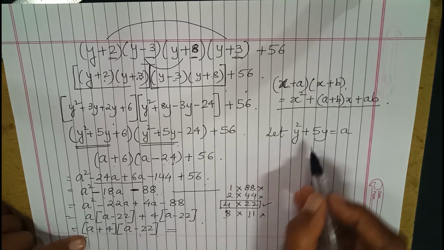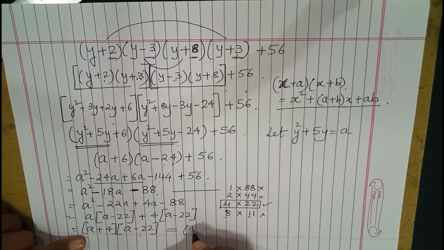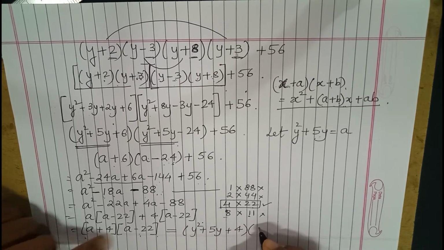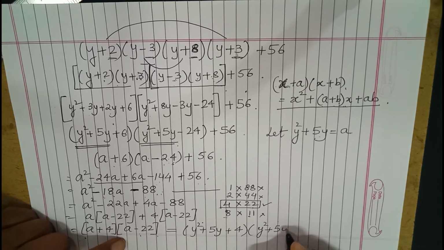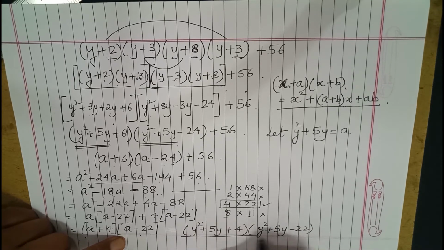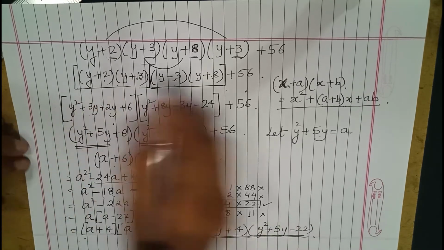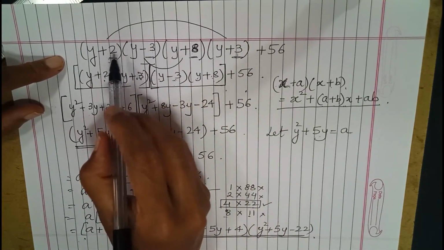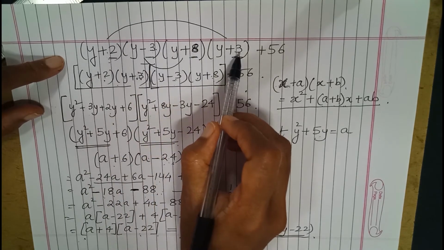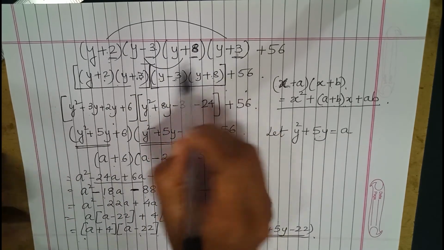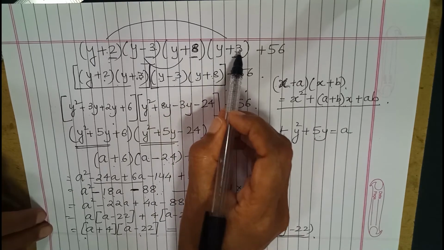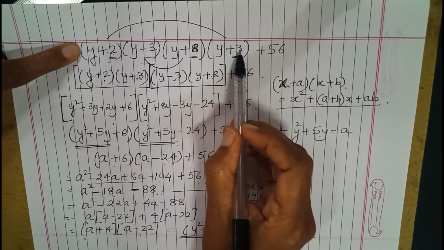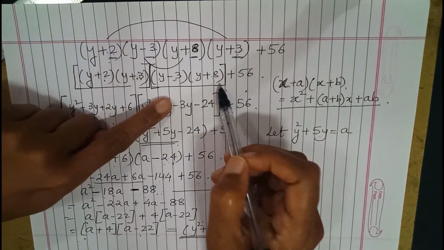So now what we just have to do is, instead of a, again we substitute y square plus 5y and we get our two brackets as the factors that we want. So this is how factorization is done when four brackets are there. How do we decide which two brackets to be multiplied? By looking at the last numbers and adding the two numbers from the two brackets, we should be getting the same one. So like here 3 plus 2 is 5 and 8 minus 3 is 5. So that is why we multiplied the first and the last and the second and the third bracket.